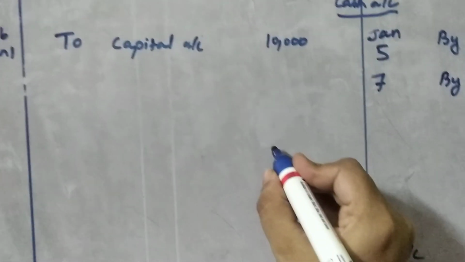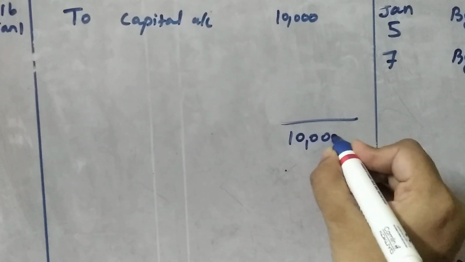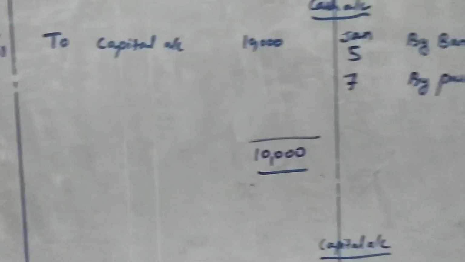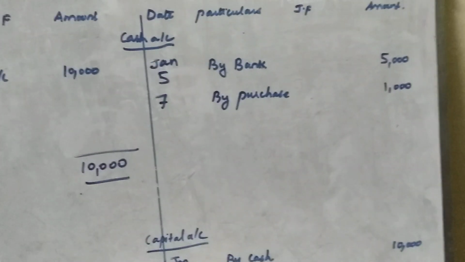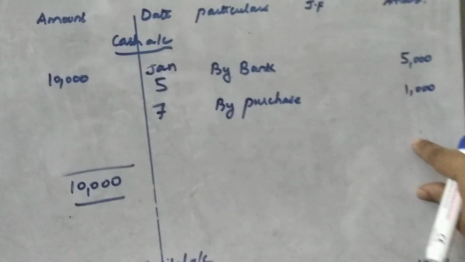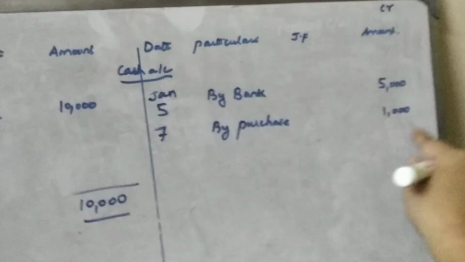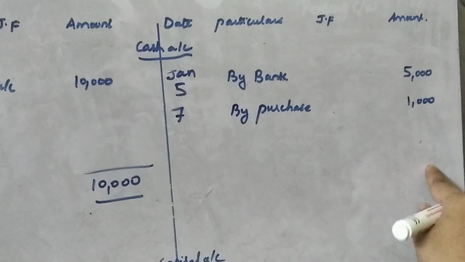If you want to equalize both sides, how much more do you need to make this side 10,000? You need